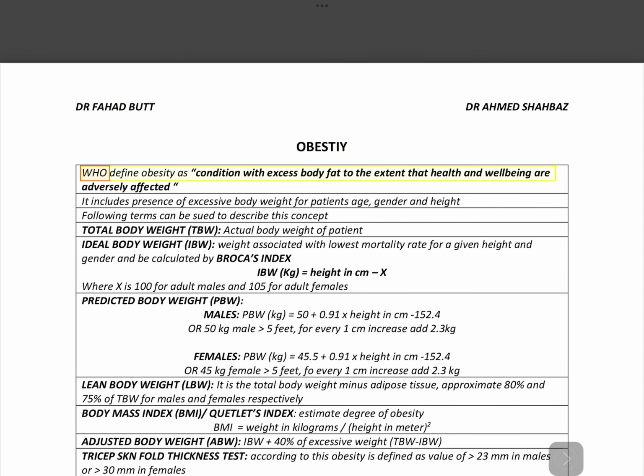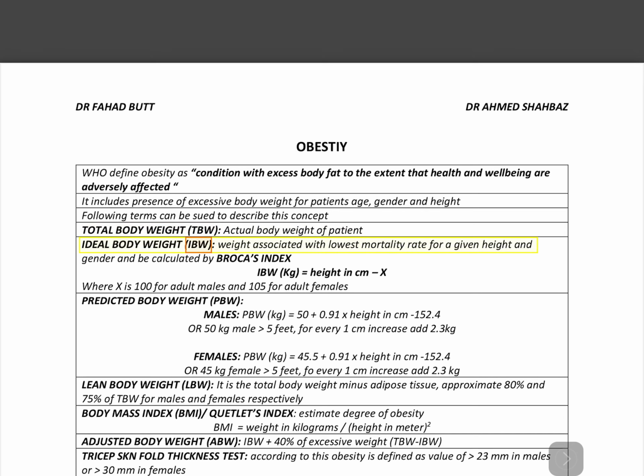Obesity. WHO defines obesity as a condition with excess body fat to the extent that health and well-being are adversely affected. It includes the presence of excessive body weight for the patient's age, gender and height. The following terms can be used to describe this concept: total body weight, TBW, the actual body weight of the patient; ideal body